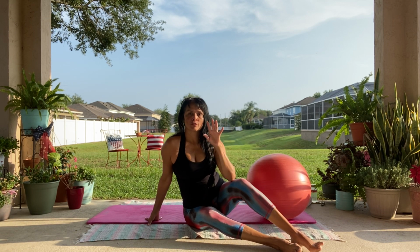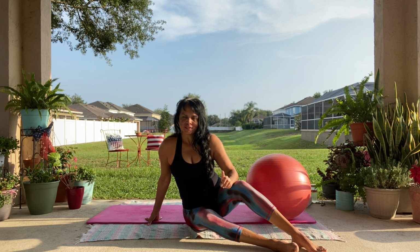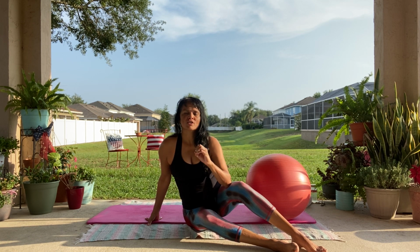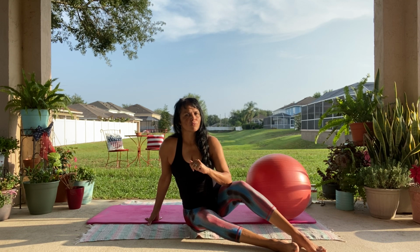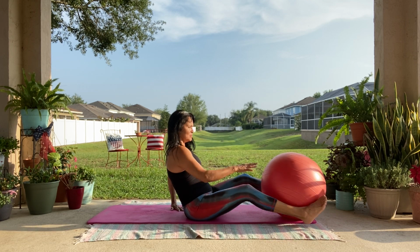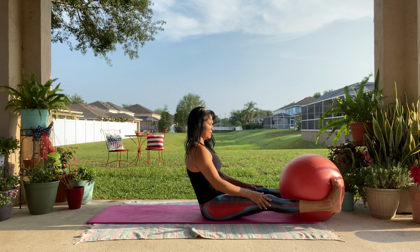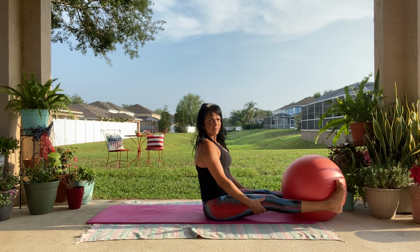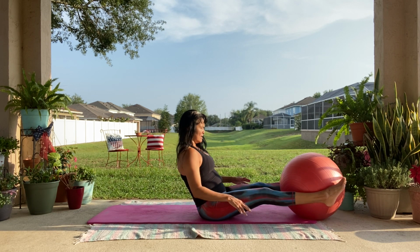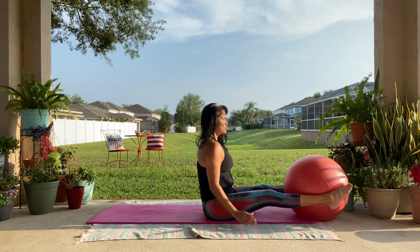So we're gonna do only 4 jackknives with the ball. But for this one, with the jackknife, again, be very careful. If you have not done the jackknives before, please go watch that first video. Again, the ball is optional. You don't have to use the ball. It's a little different with the ball. So we begin. Find a good spot. You're sitting nice and tall. So when you go back,